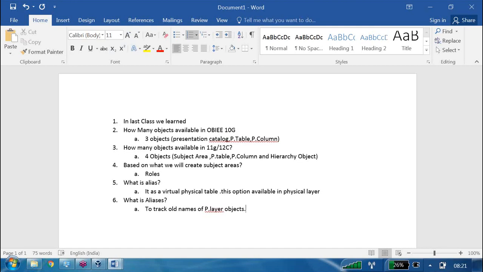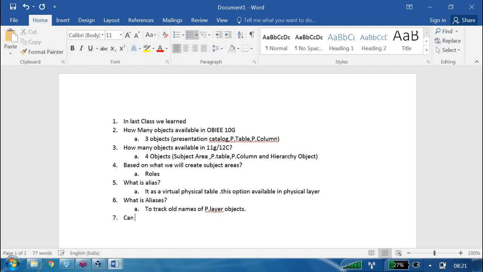If you wrote some static calculation on the reporting side, like case when this column name is equal to something, even though you renamed that column and the front end shows the new column name, it will execute by taking help of aliases. Okay, now we are clear about that point.